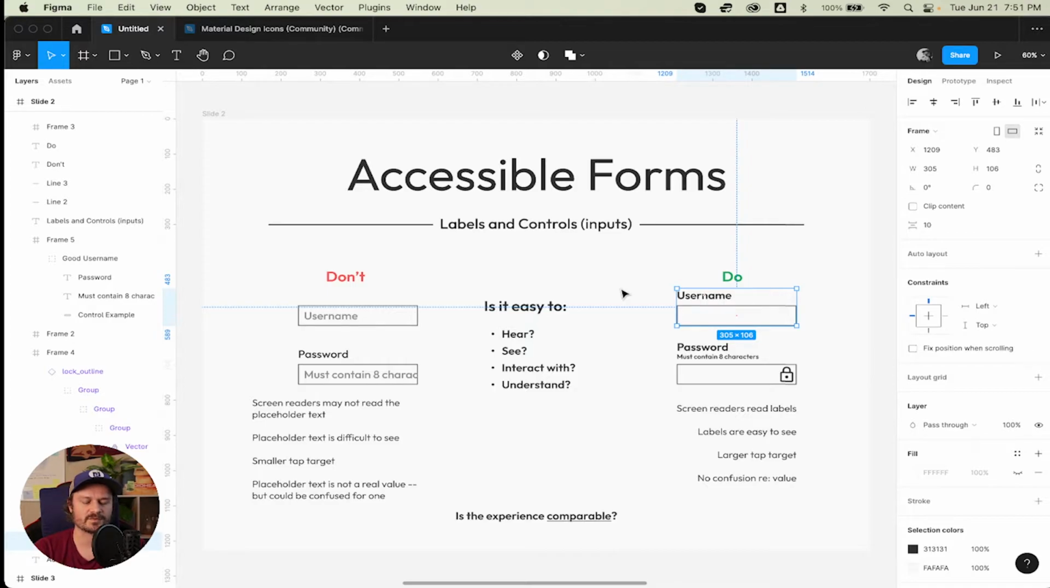I know, UX 101. And so the issue with putting this information here, putting the password necessities, the requirements, as placeholder text is it's probably not going to